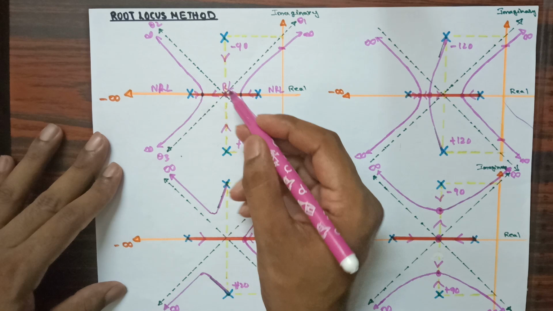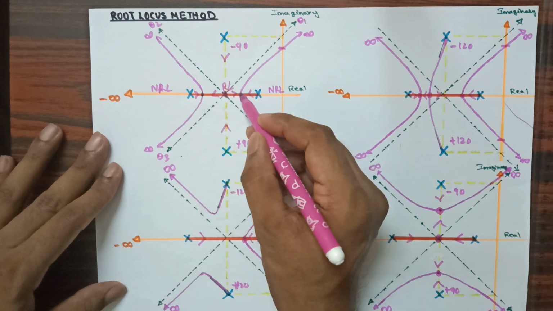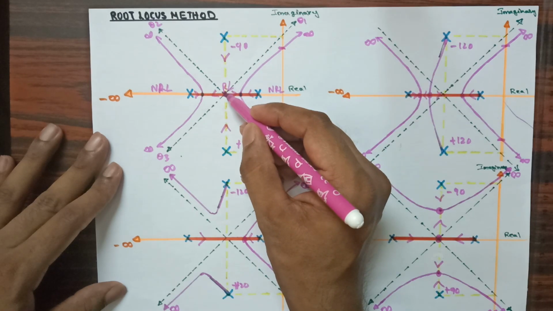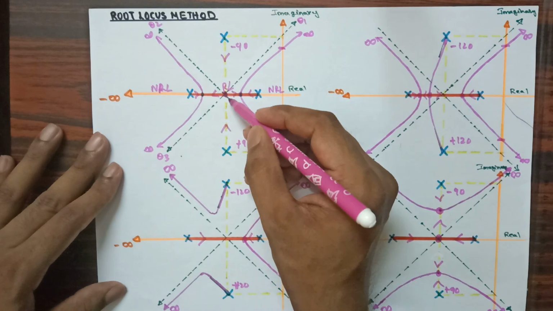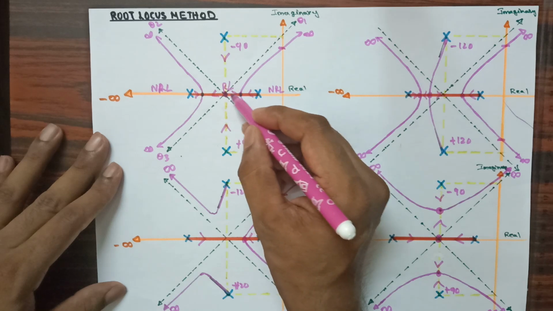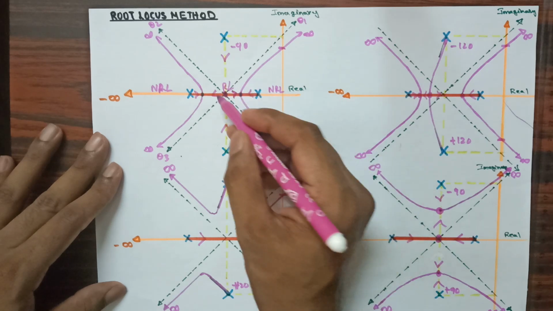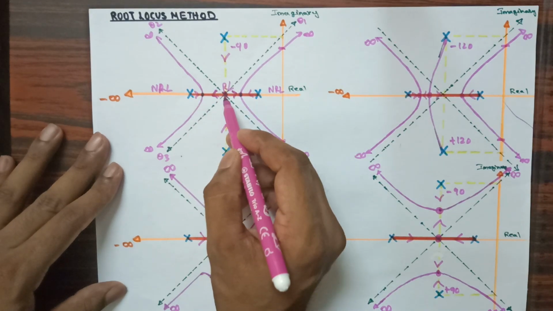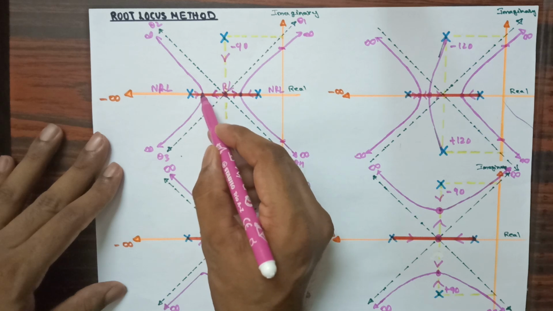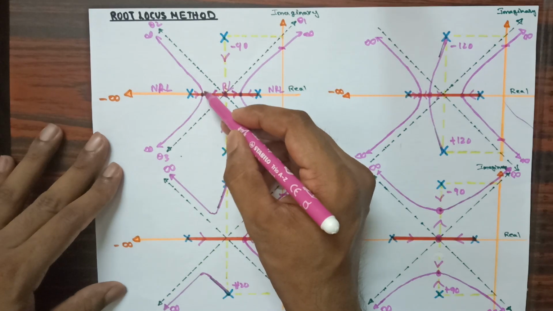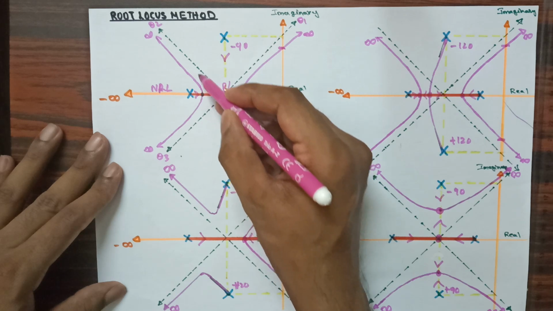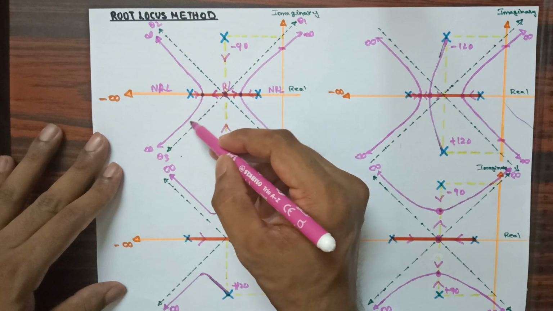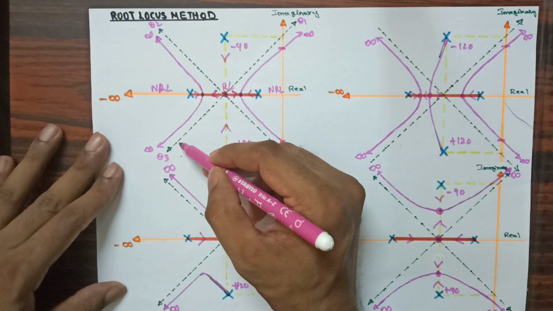So one breakaway point is here, second breakaway point is here, third breakaway point is here. Now this pole is moving downwards and will meet at this point, and this pole moves upwards and meets at this point. Then one will move towards the right hand side and one will move towards the left hand side. Then this pole will be moving in this direction, this pole will be moving in this direction, then finally they are going to meet at this point, and by observing this angle, this pole will move towards infinite destination and the other pole will move towards infinite destination by observing this angle.